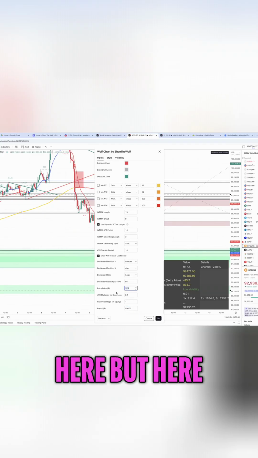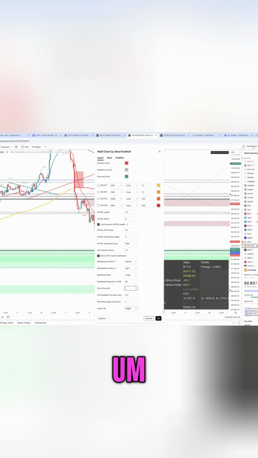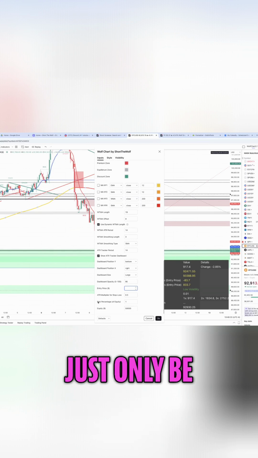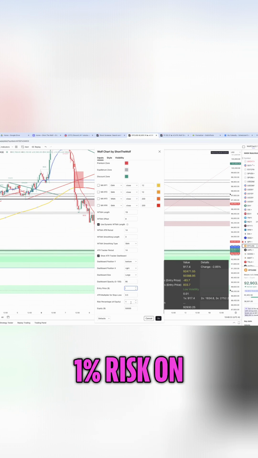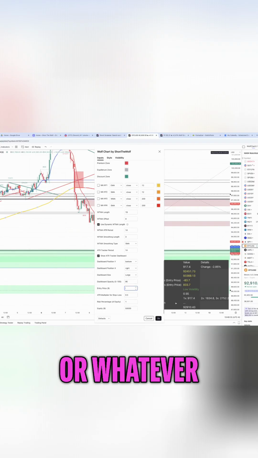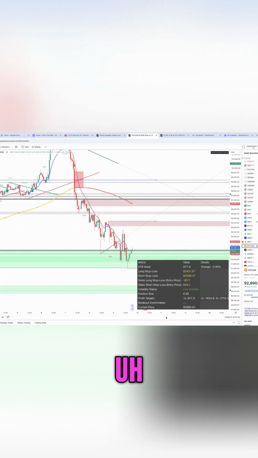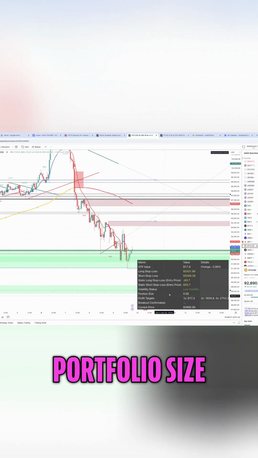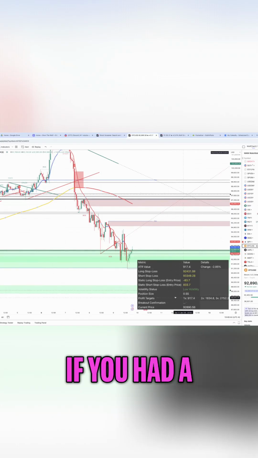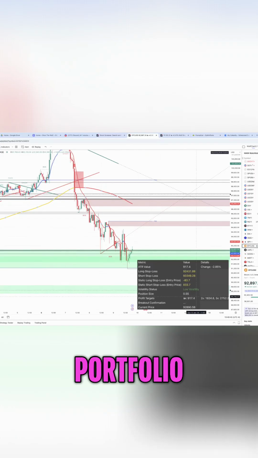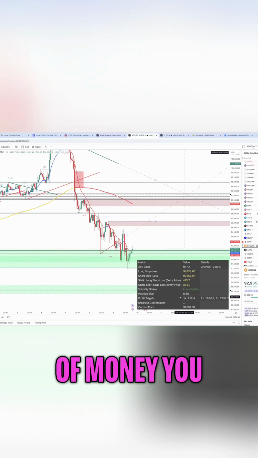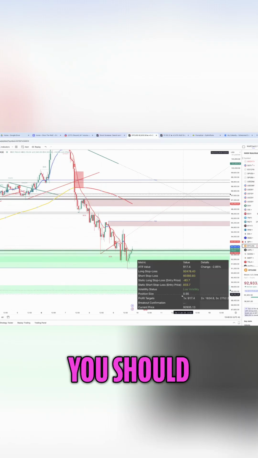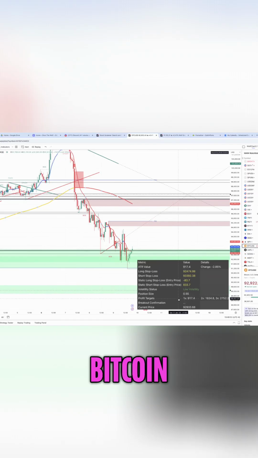Here it'll tell you if you want to be only 1% risk on your portfolio or whatever, it'll tell you the position size that it recommends for your portfolio size. So it's saying with Bitcoin currently, if you had a $50,000 portfolio, and that's the type of money you had, you should be holding about 0.55 Bitcoin, right? So it's giving you a position size